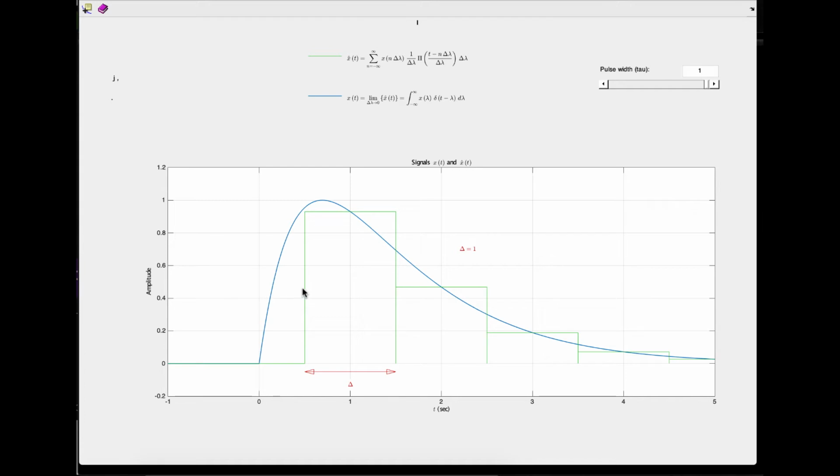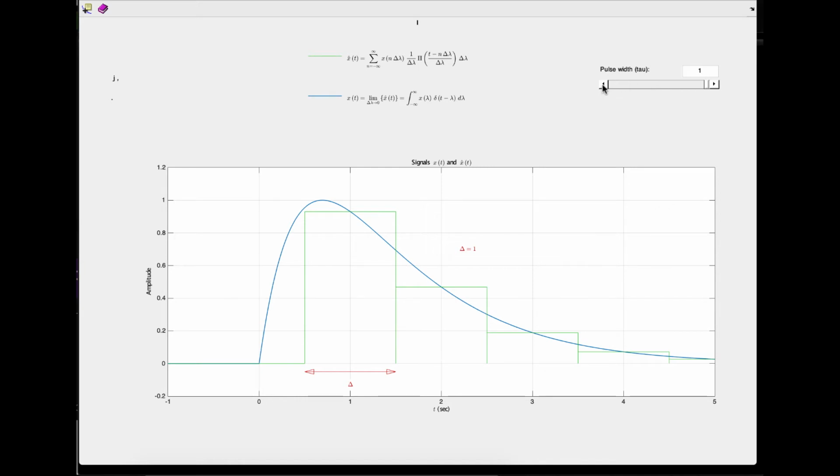So we have this rectangular pulse and we want to approximate it, and you note we have this delta also. This delta which is given over here is the horizontal width of this pulse function. We will see how we can vary this delta. If we vary this delta, we will be able to approximate the blue function with this approximated function. We can do this variation through this particular sidebar.